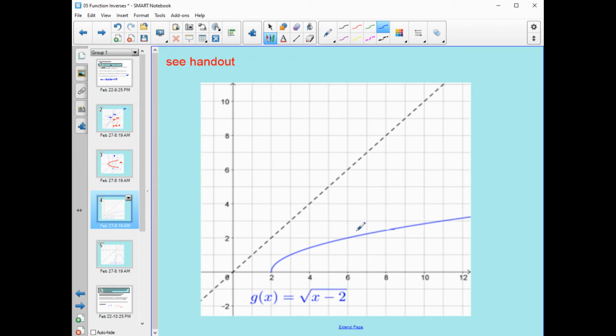It passes the vertical line test. If I take some of the points, for example, (2, 0) moves to (0, 2) when we take the inverse. (3, 1) has an inverse point at (1, 3). Let's find another point, (6, 2) and (2, 6). And that's enough for me to